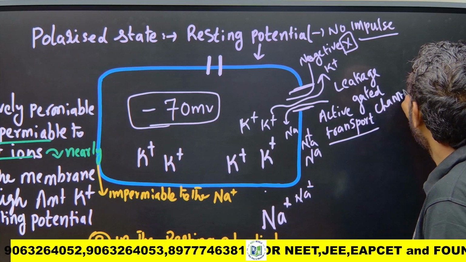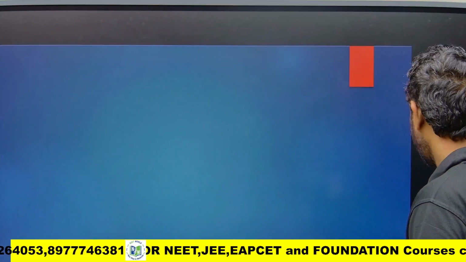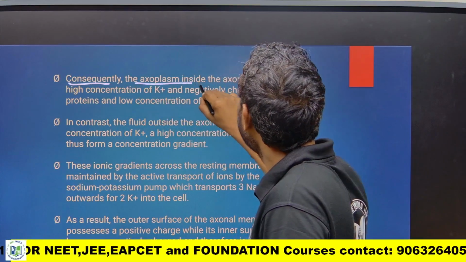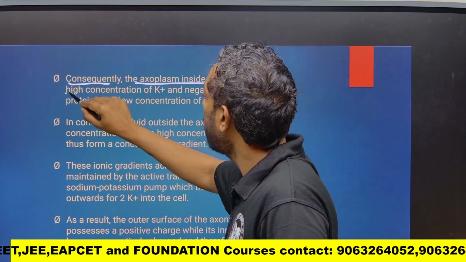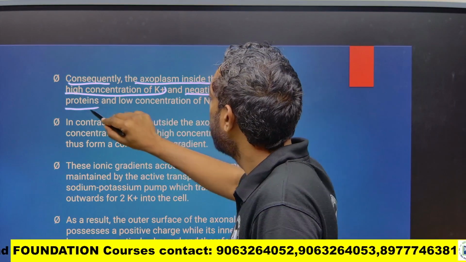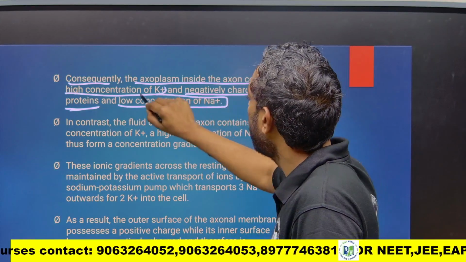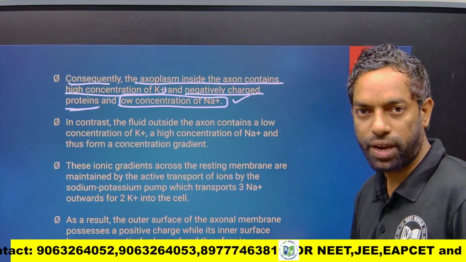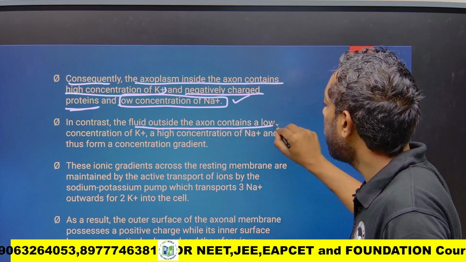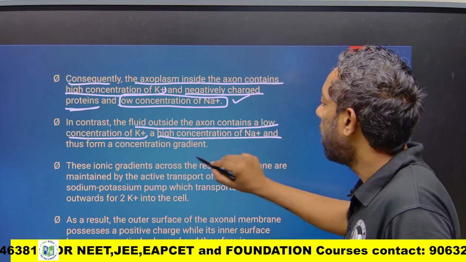Leakage gated channel. Consequently, the axoplasm inside the axon contains a high concentration of potassium and negatively charged proteins, and a low concentration of Na. In this condition, the fluid outside the axon contains a low concentration of potassium and a high concentration of sodium,